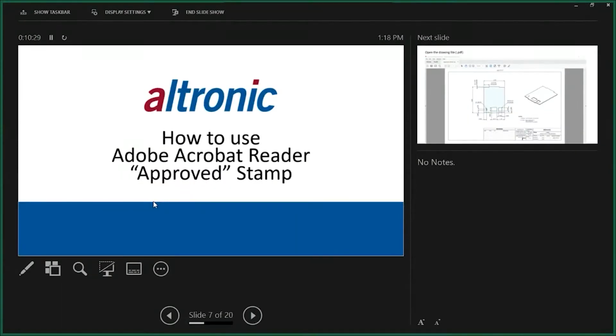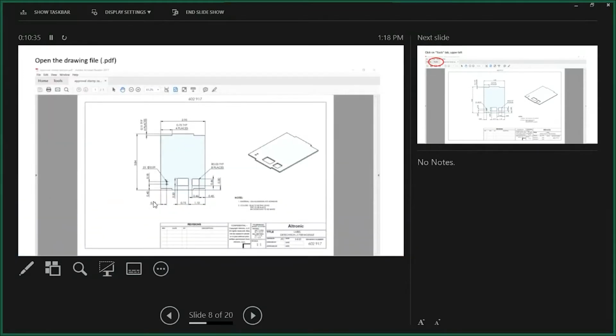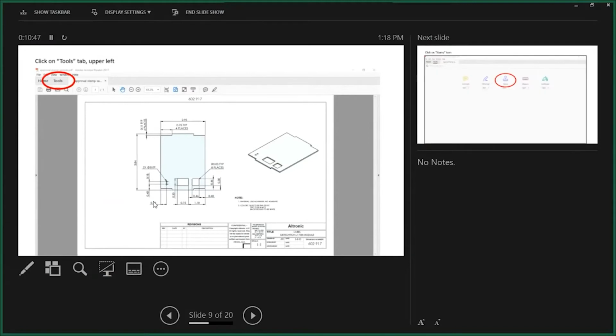So let's go through the process of how to use the Adobe Acrobat Reader Approved Stamp. When you open the drawing, you'll see something like this. And this is just a drawing here. You'll see the toolbar up there. So just open up the PDF. Then you see up there in the left-hand corner the tab Tools. Basically, click on that,